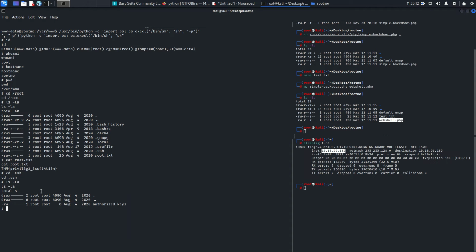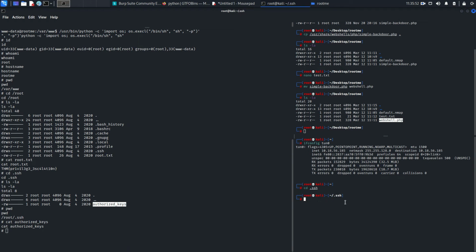You actually get the root shell, but you want to get SSH because this shell is not that capable, and you have to face a lot of limitations. You cannot use tab, you cannot use the arrow keys, you cannot autocomplete things. So let's see what's inside: cat, pwd, where I am, .ssh. Okay, so cat authorized_keys, there is nothing. And here what I'm going to do is